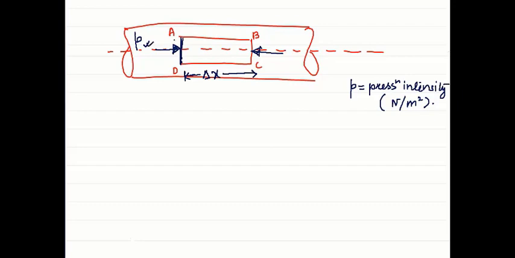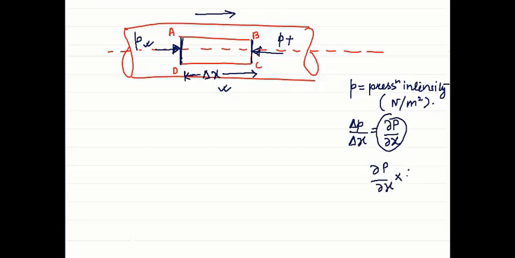Since here it is P, we know that the pressure will increase along the flow, right? So on this face, that is BC, P will be there and some additional pressure will be there. What will be the additional pressure? Since we know that the pressure gradient is constant, we can write it as del P upon del X. Del P upon del X is constant throughout the pipe, right? Now what will be the increase for a length of delta X? For a length of delta X, we have to multiply it by del P upon del X into delta X. This will give us the increase in pressure